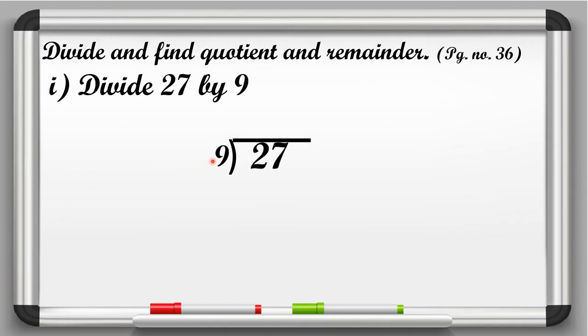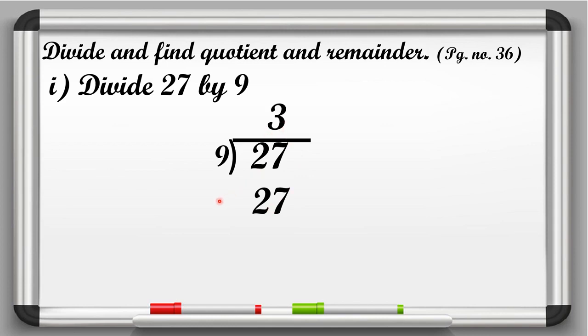Okay, now we have to speak the table of 9. 9 की टेबल में हमें देखना है कि 27 कौन से नंबर पे आता है. So let's start speaking table of 9. 9 1s are 9, 9 2s are 18, 9 3s are 27. So here we will write 27 below 27 क्योंकि 9 की टेबल में 27 आता है. At which place? 3. So we will write here 3.